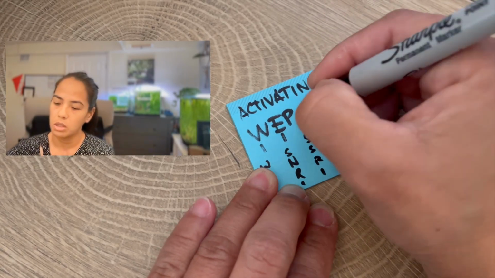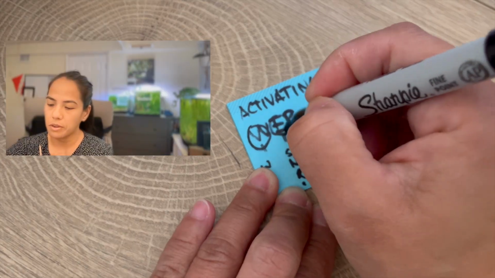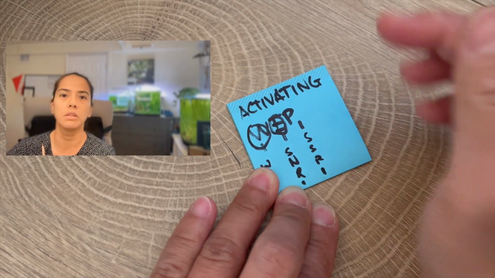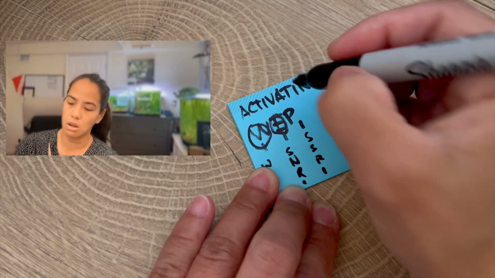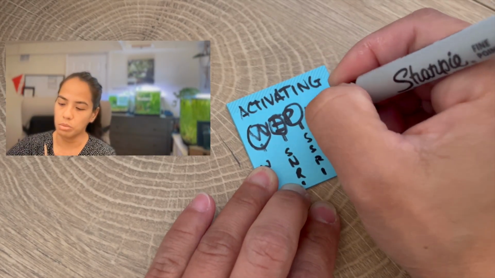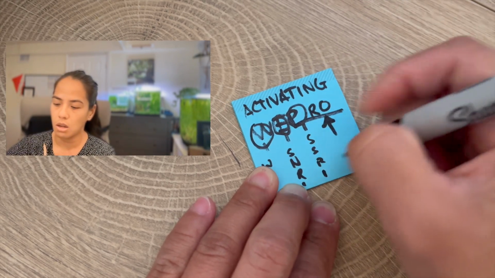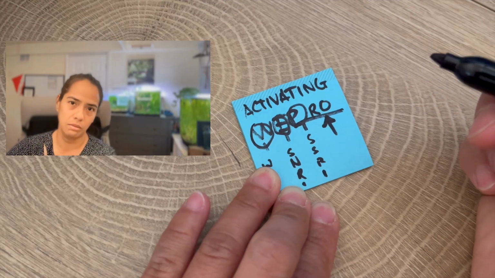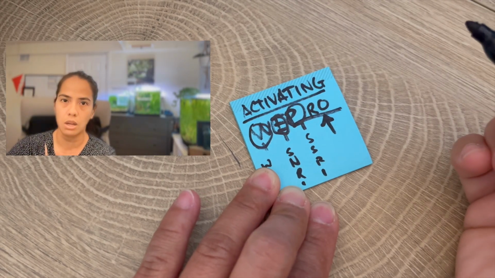Another way that you can really drill it into your memory is WEP, okay? Wellbutrin, let's get well. Effexor, let's get the effects of the drug, let's get some effects into our day. Let's get activated. Prozac, this is a good one: let's become a pro. Let's be pro for the day. Let's get activated. So those are the activating drugs that I would use.